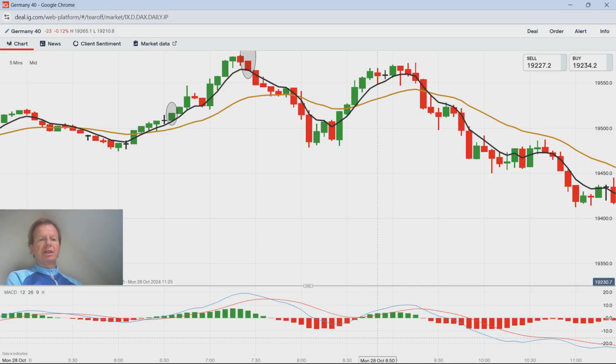And last week I traded slightly differently. I normally trade the Forex market, normally pound against US dollar or the euro against US dollar. But as you can see here on the chart, I've been trading the Germany 40, or the DAX as it's known, the top 40 companies in Germany. It's an indice, and I've traded it before in the past and it's a good way to get some daily